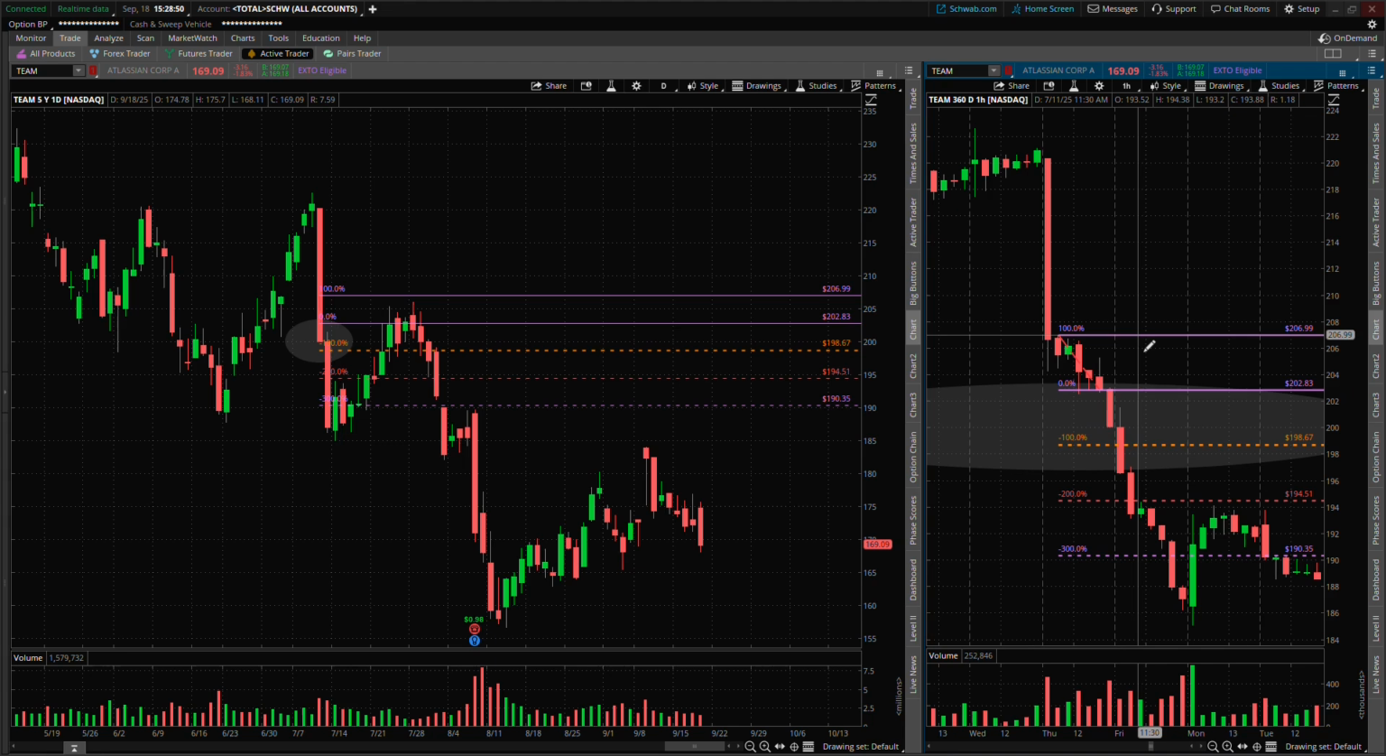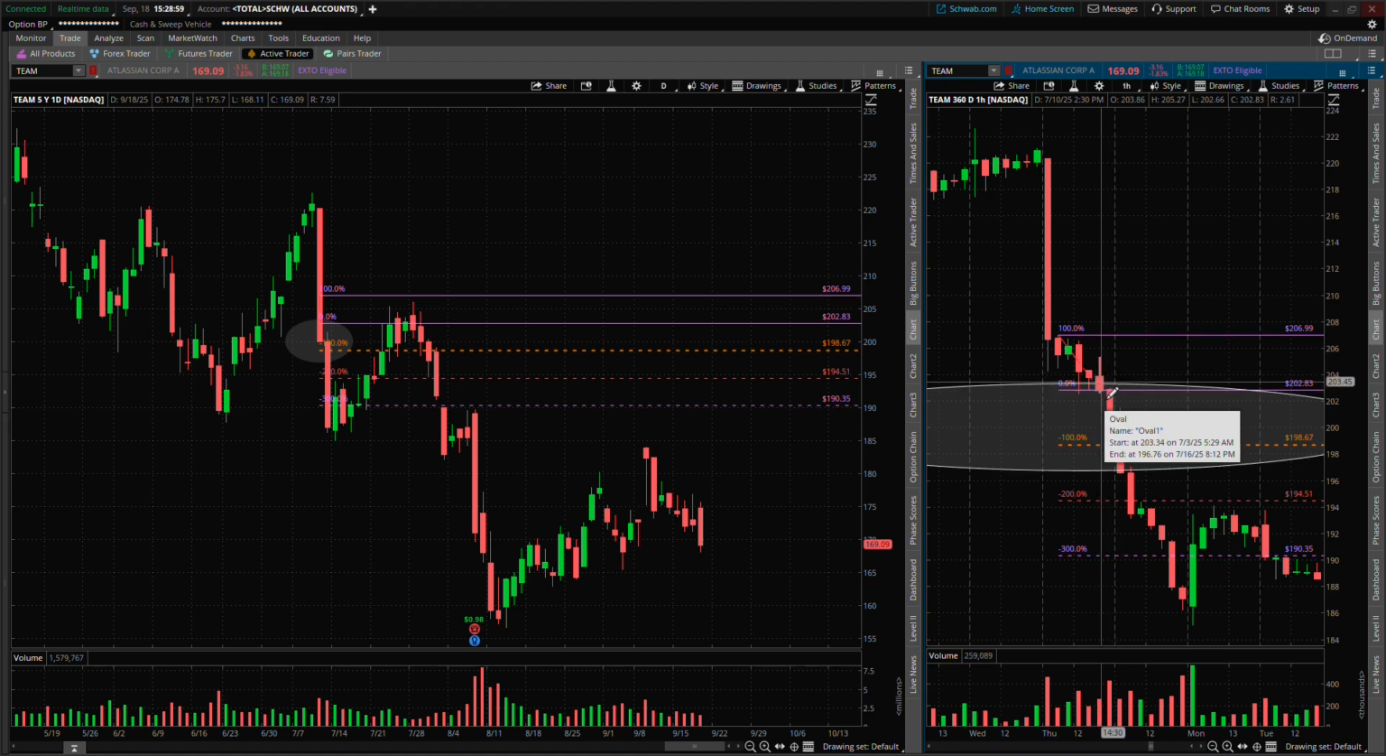This is called the distal line. This is the proximal line, this purple line here. So you can adjust this proximal line up and down. I would have put it right here at the bottom of this big top wick candle right here, and then